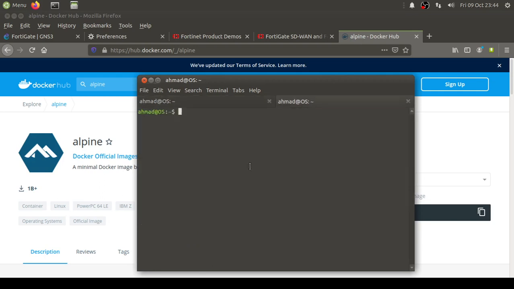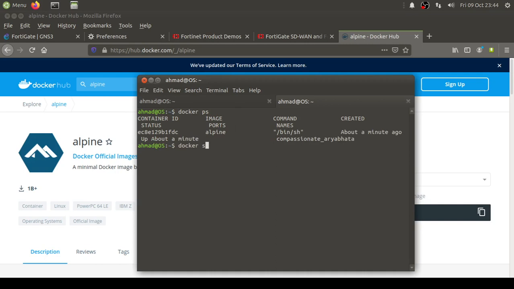So the way to do that is, let me first show you the running images. The one that is running is this one at the moment, and this is the one that has the necessary changes that we just did. So what I'm gonna do is stop the container. Once it is stopped,